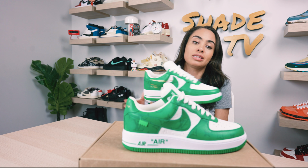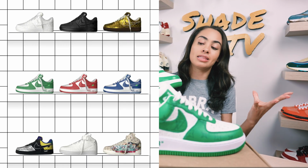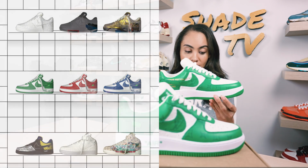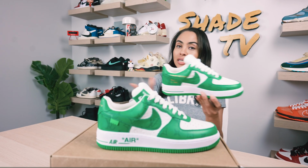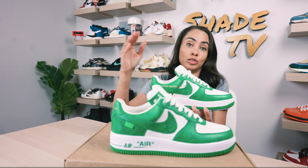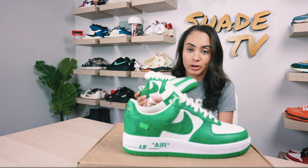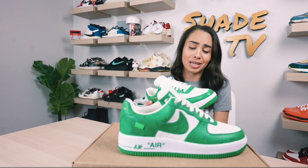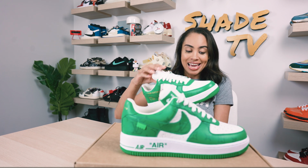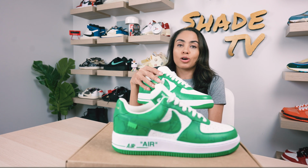But again, these also released in different color variations. This one again is in this beautiful gym green colorway. And basically before the release, there were around 8 friends and family colorways in total. So this was just one colorway of those variations. I'm just happy to honestly have one color variation in hand, but the upper was crafted with a 2-tone white